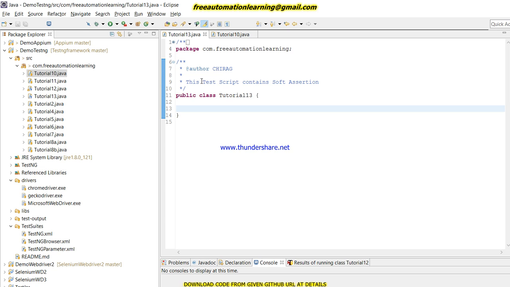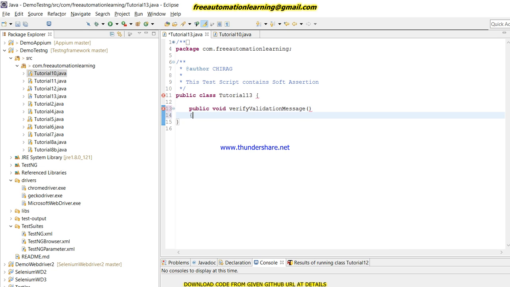to understand soft assertion, right? So let me create one method, public void verify validation message.